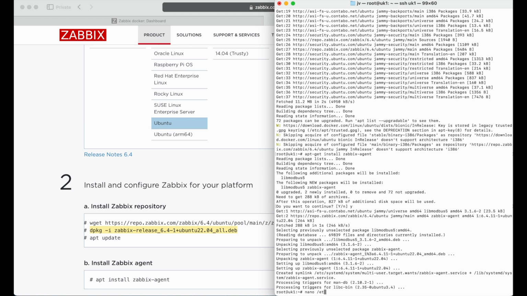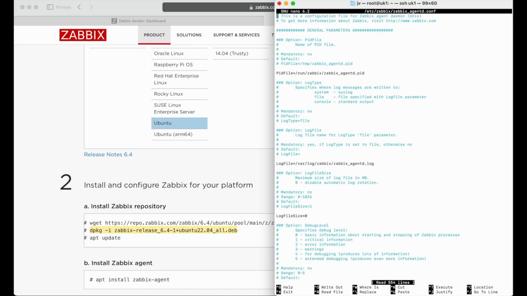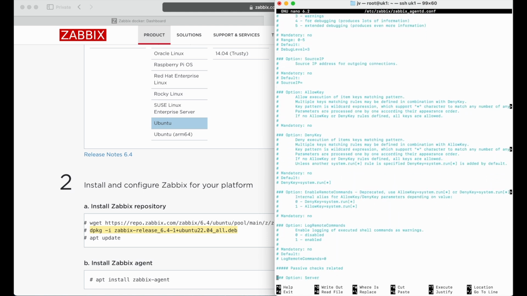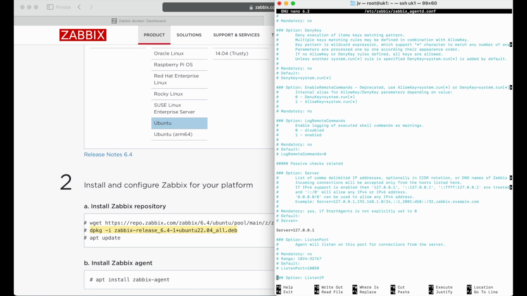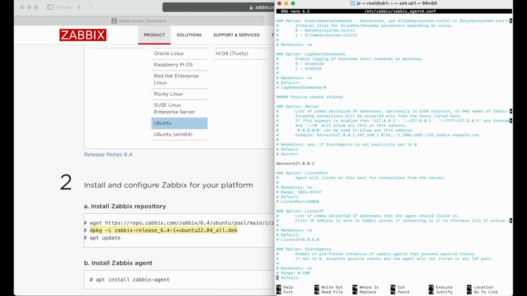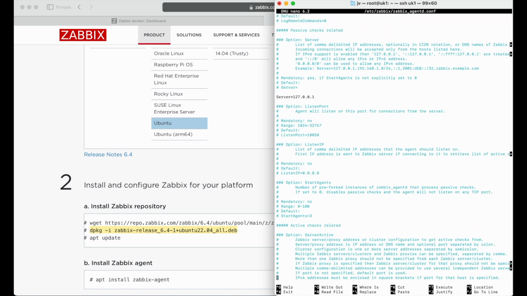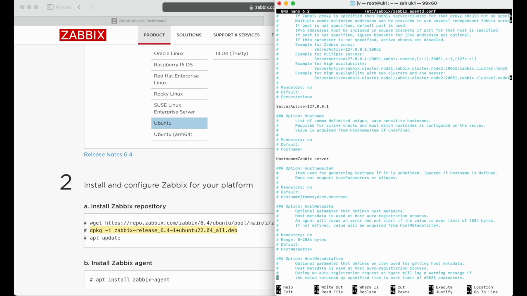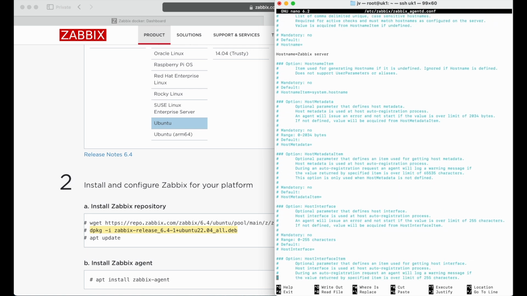Once we have installed our agent, we need to go to /etc/zabbix/zabbix_agentd.conf, and we need to change our port. Since we have a Zabbix server that has those ports opened, if we run the agent, the ports will be conflicting between themselves. So in the configuration file, let's change our agent port. Let me find it,